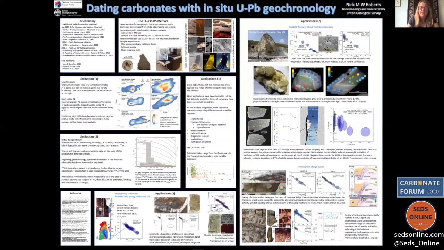So this is a much shorter presentation. The posters are only 5 minutes. So I'm going to hand over to you, Nick, and maybe you could give us 2 or 3 minutes, talk through your poster, and then we could have a couple of minutes of discussion. So okay, can you hear me? Yep, that's fine. Okay, so I'm Nick Roberts.